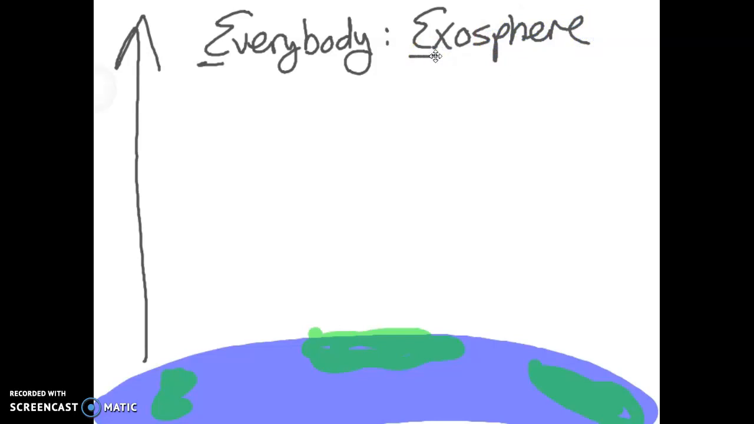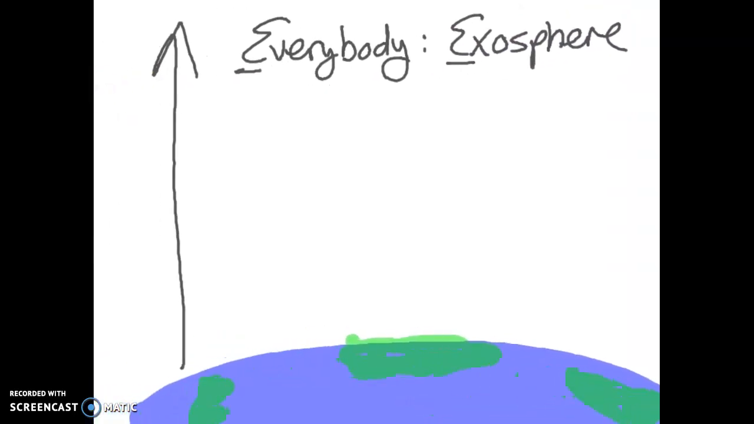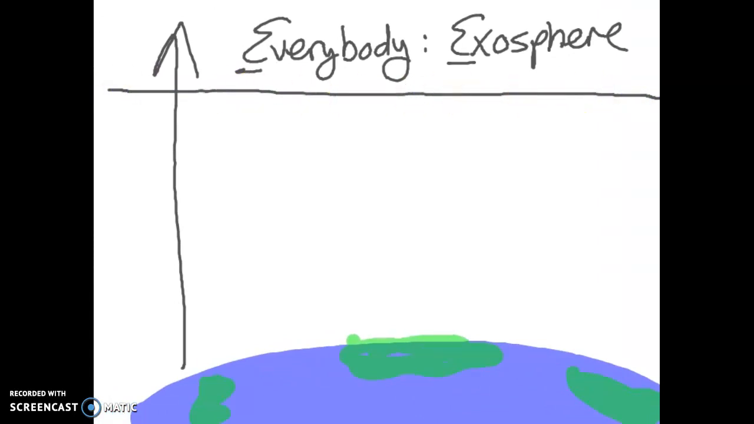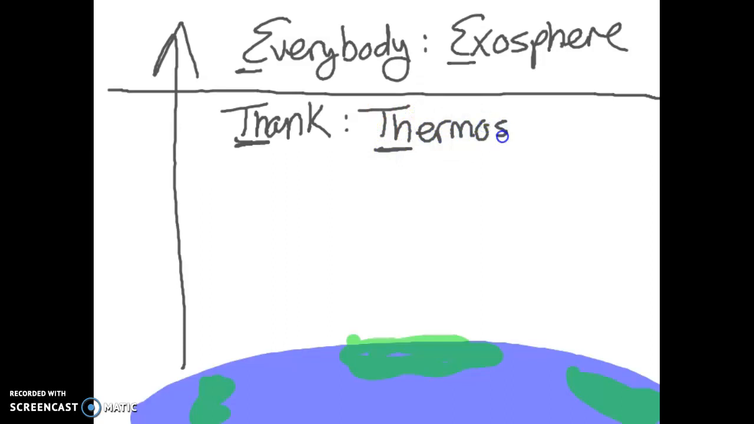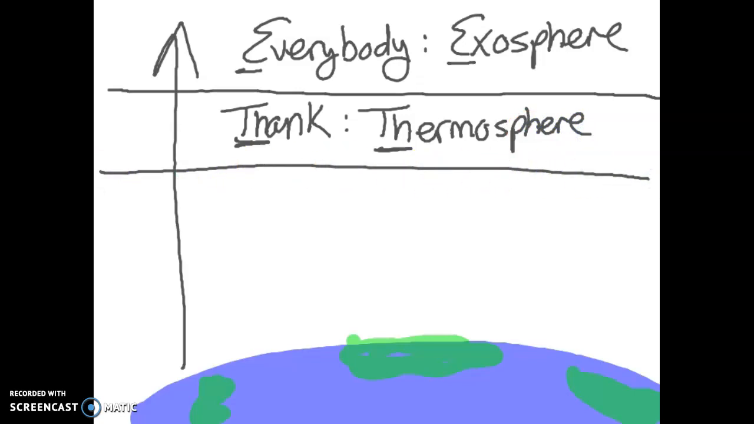Exosphere starts with an E. So here is one layer, and that's the outermost layer. So everybody think. Think starts with a TH. Thermosphere starts with a TH. Everybody think. Right here in the middle